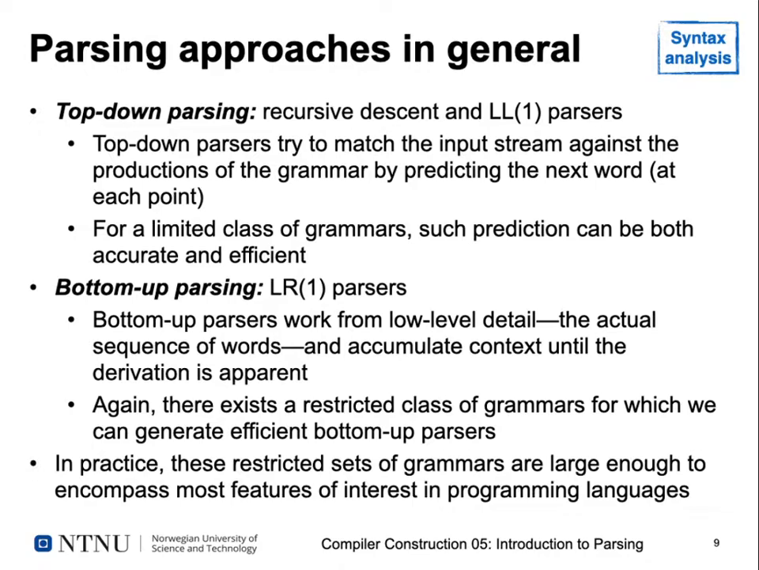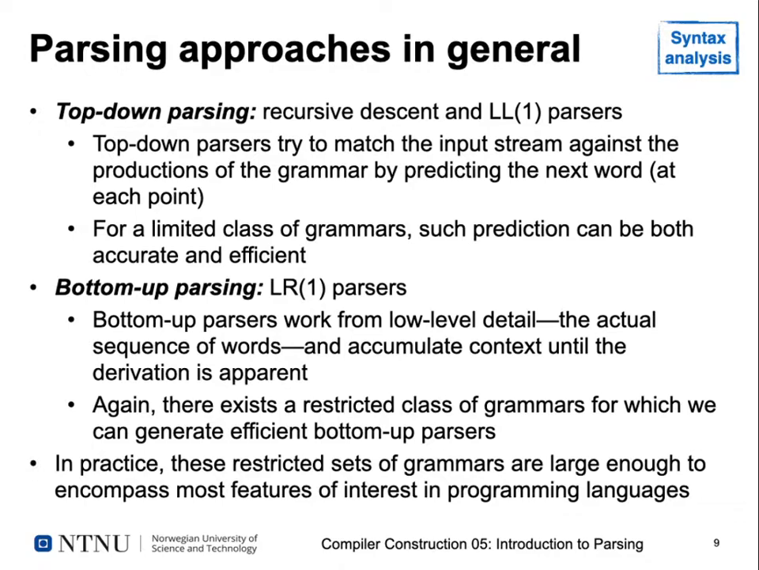Bottom-up parsers try to work the other way around. A bottom-up parser works from low-level detail. It first looks at the actual input sequence of words, and then tries to accumulate enough context, following tokens and so on, until it knows that there is a derivation. So until it finds a matching rule in our grammar that can tell us, okay, this token sequence matches this rule, so it's part of that one. Then it goes bottom up and constructs our syntax tree